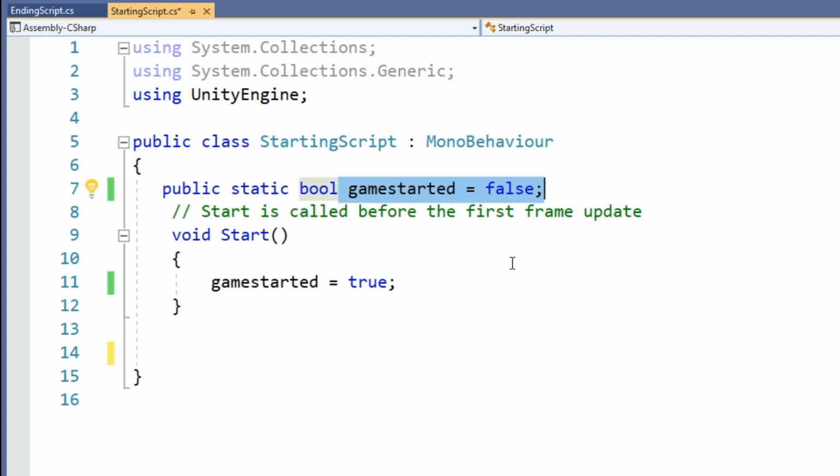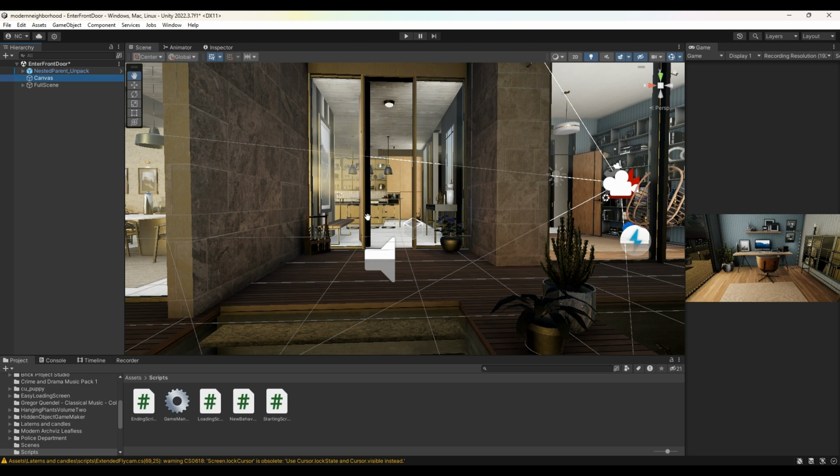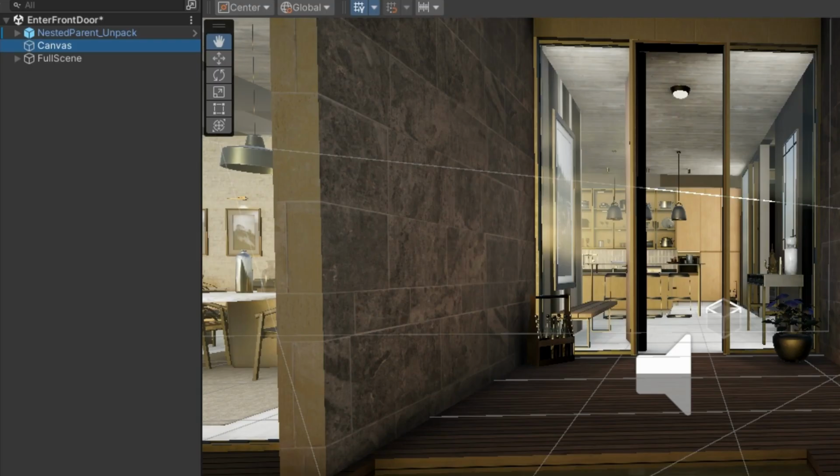Okay, so let's go into the game and let's set this up. Now what we're going to do, we're going to add a button. I'm going to right click on canvas, go down to UI and click on button. I'm just going to name this button test. And I'm going to click on my root, go down to game object, create an empty, and rename it